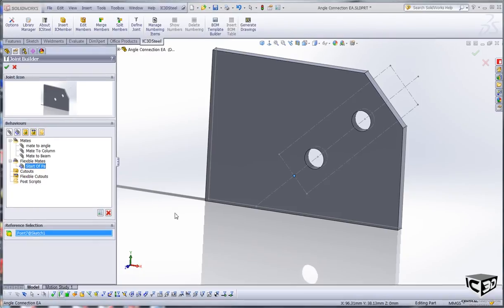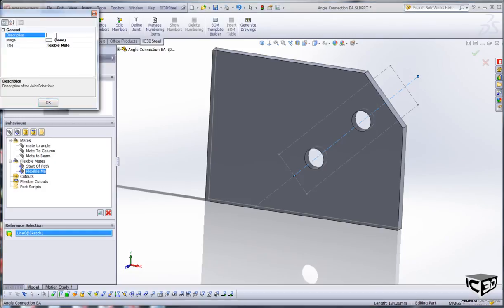We will continue putting in another flexible mate here. So as simple as that, you can see it actually jumps to that new mate, so I can just go in and pick my reference. And in this case I'm going to pick my construction line here because I want that to line up with my angle bar. And for that we're going to put in a description as well, mate to path,